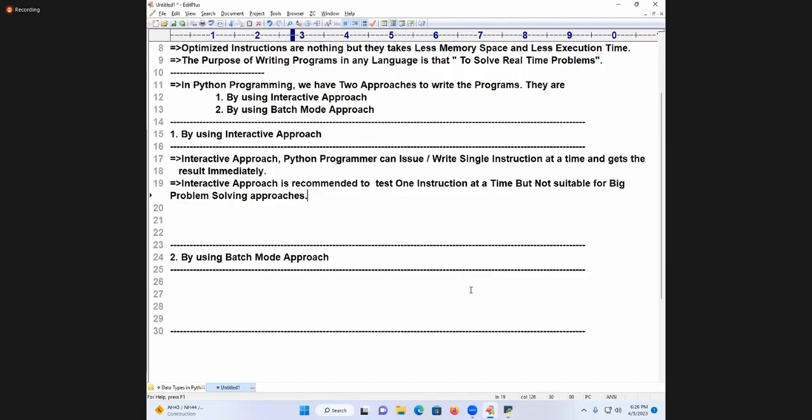Are you getting my point? Big problem solving approaches, not suitable. In industry, we are going to come across big problem solving approaches only. There is no mechanism of writing one instruction at a time and developing the projects. We are supposed to do what? Big problem solving approaches. Interactive approach is used to test one instruction at a time, but not suitable for big problem solving approaches. Right? To develop big problem solving approaches, which one is not recommended? To develop big problem solving approaches, we must use